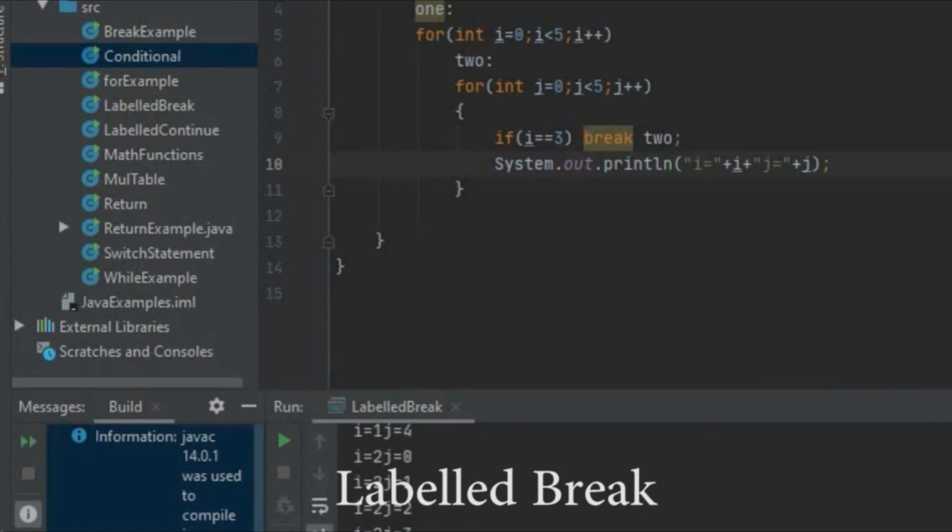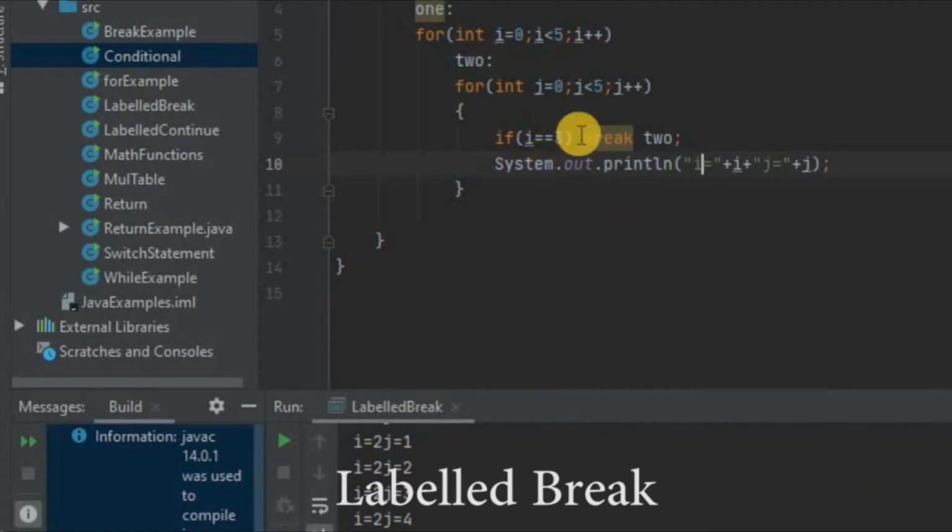Now it displays the result. i is traversed from 0 to 4: 0, 1, 2, 3, 4. But 3 is not there since we have taken i is equal to 3, break 2.